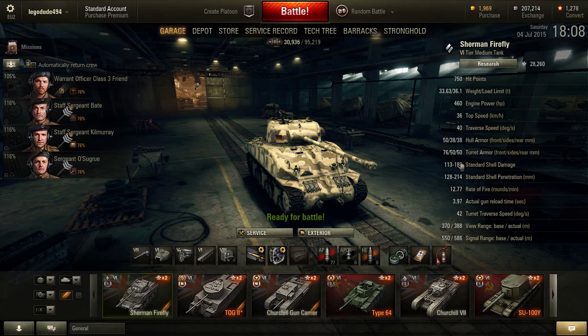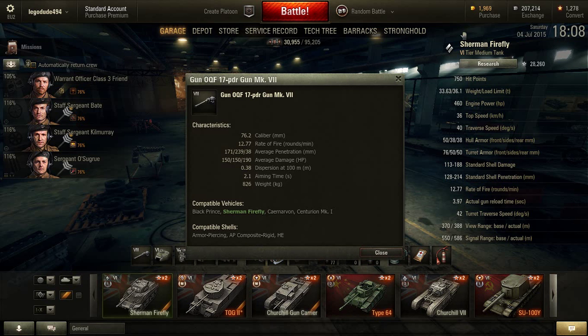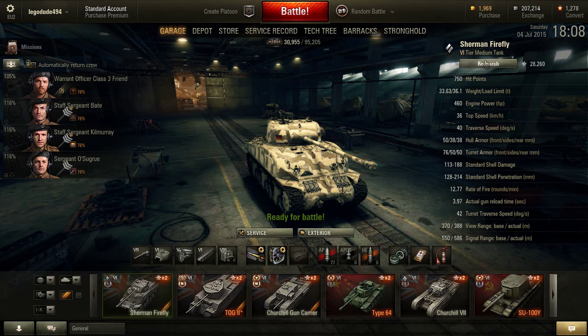But yeah, so standard shell penetration, 128 to 214, which is very good. It is, after all, a 17-pounder. But yes, now we're getting onto the gun, so let's bring up the gun. Before we get onto the highest gun that you can get,